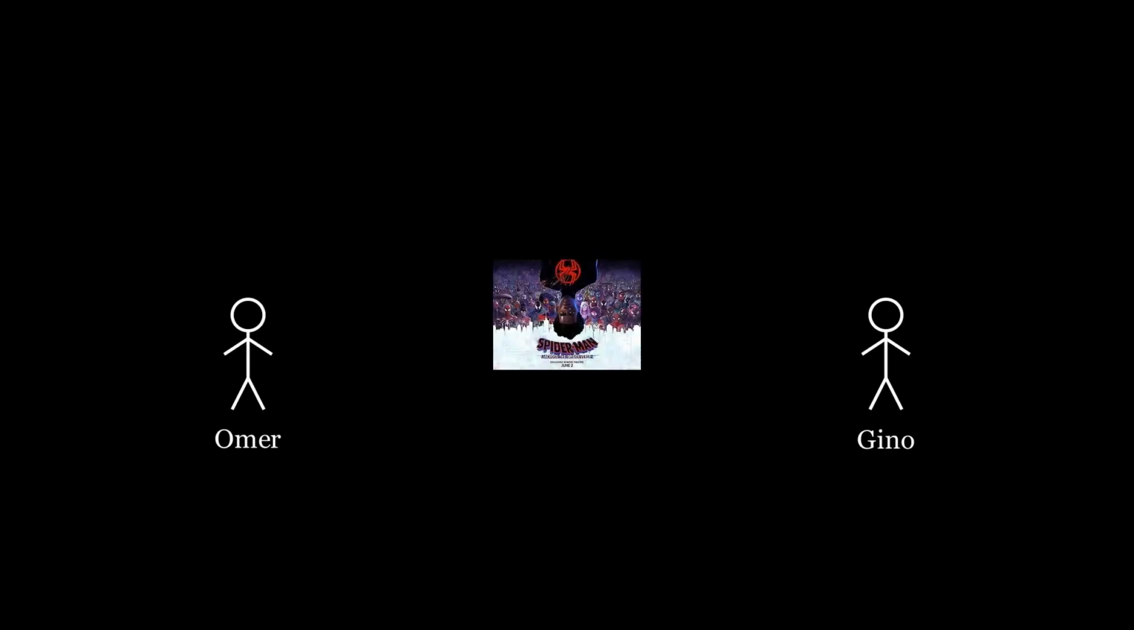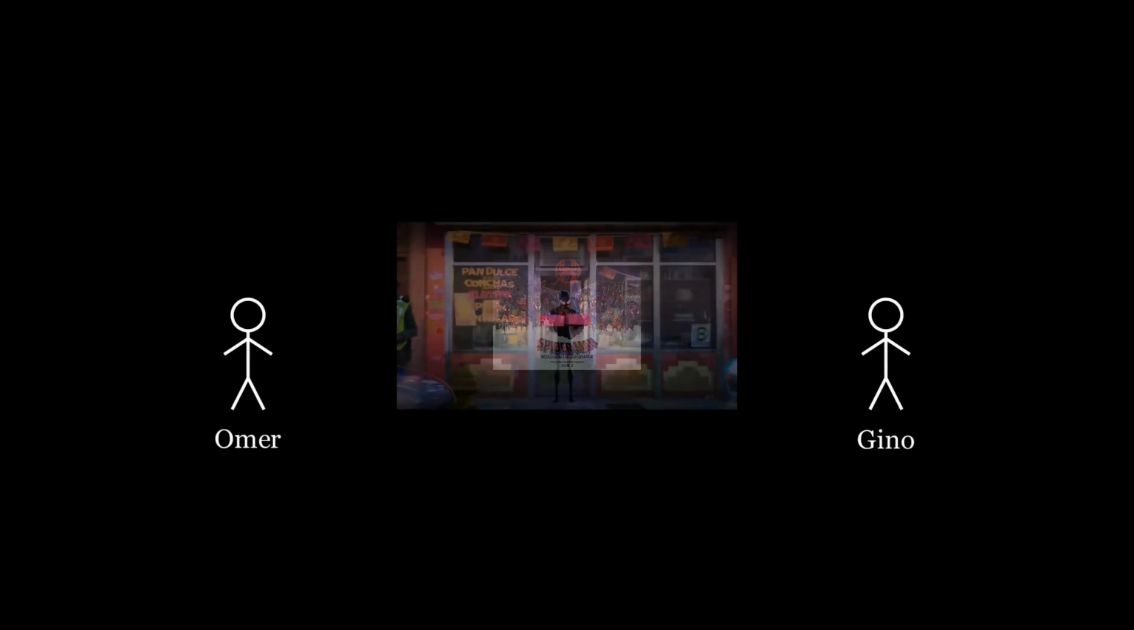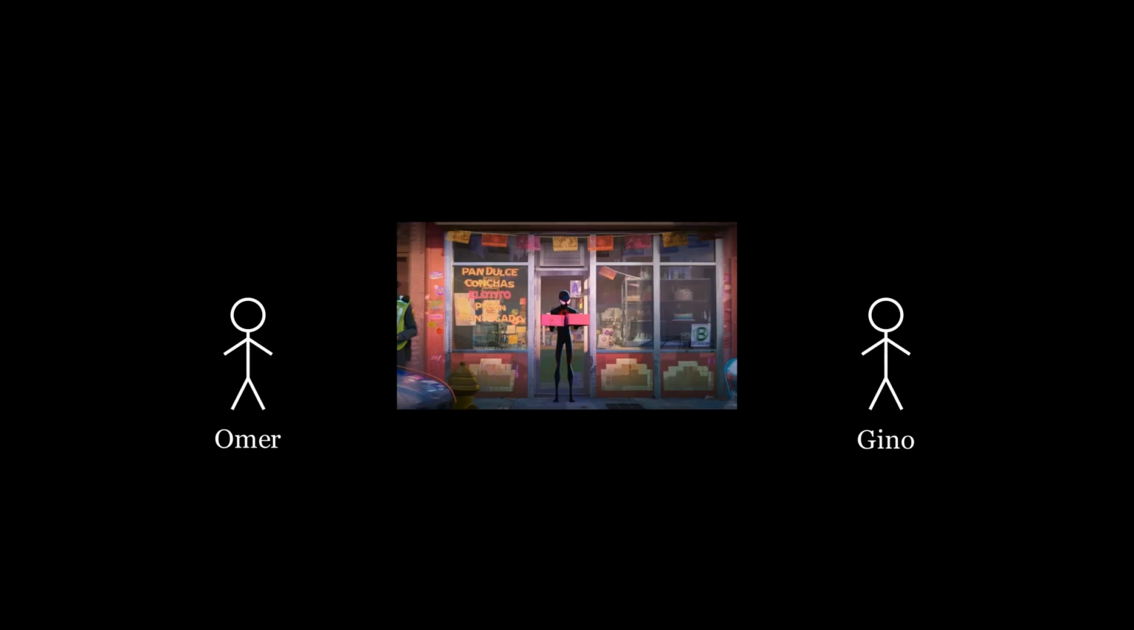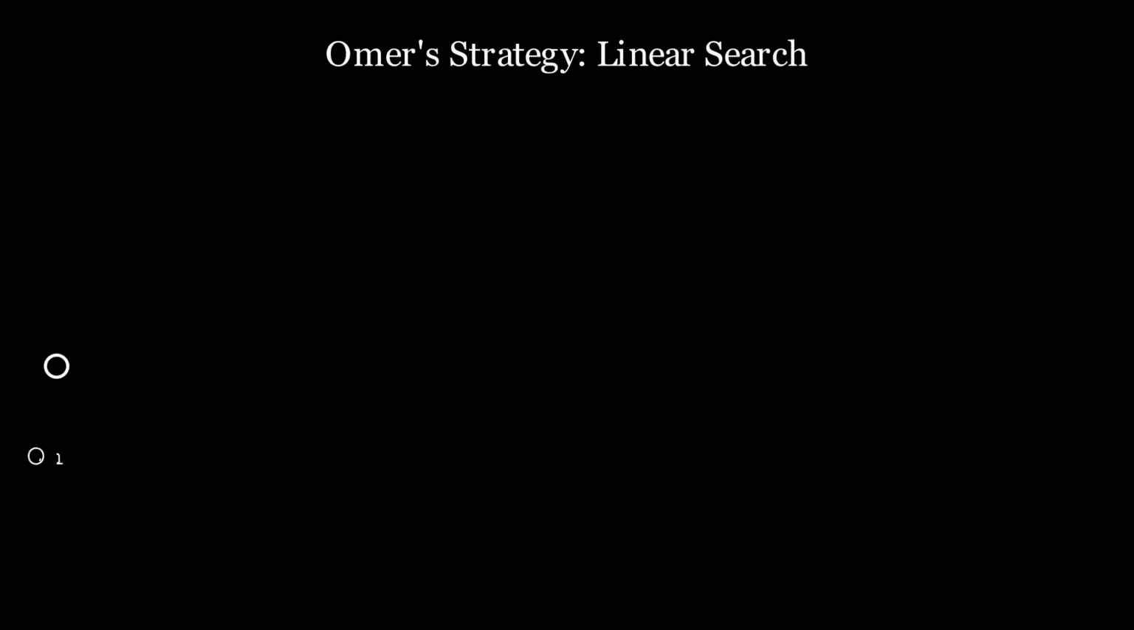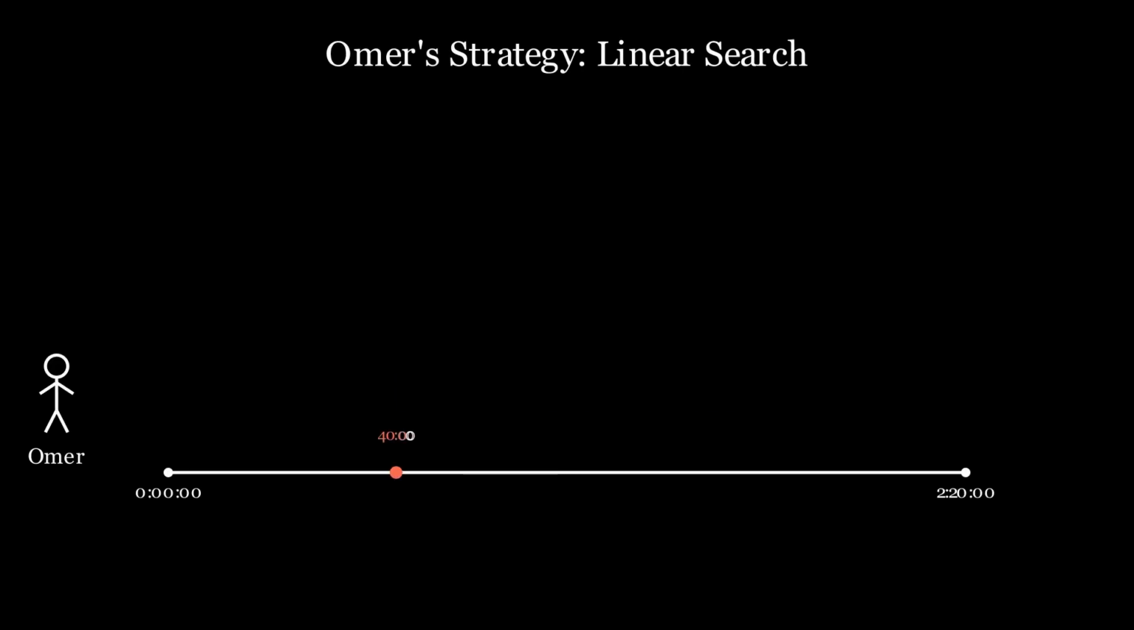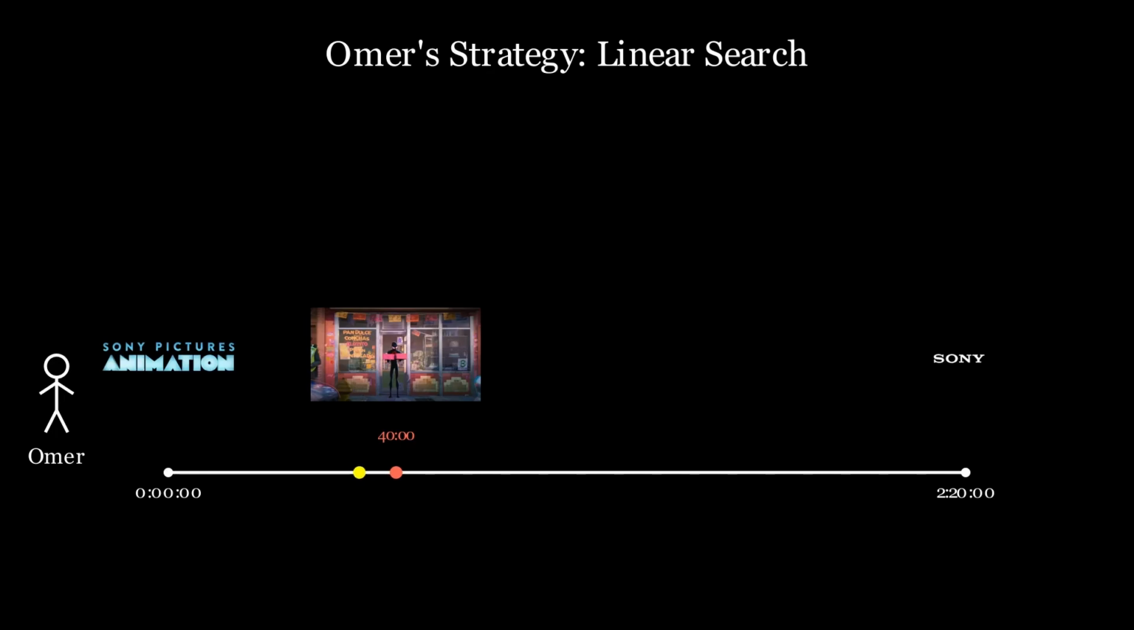Let's first try to understand what an efficient search could look like. Imagine a scenario where Omer and Gino finish watching Across the Spider-Verse on Netflix. Feeling inspired, Omer wanted to recreate a scene 40 minutes into the movie as a painting. They both have a friendly race to find that scene. At a 140-minute runtime, Omer's plan is to rewatch the entire movie from the start and pause at the desired